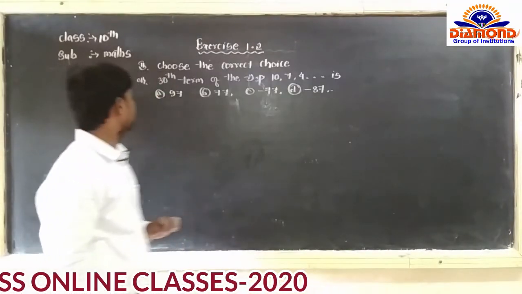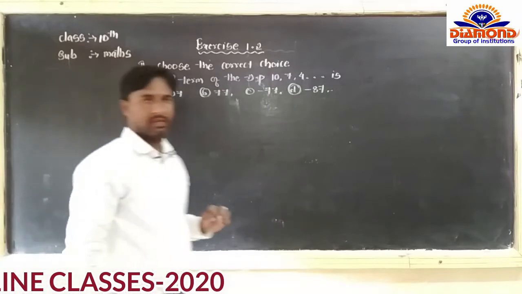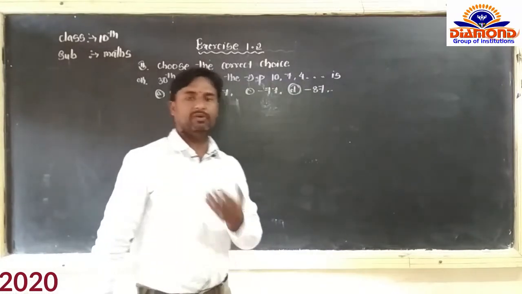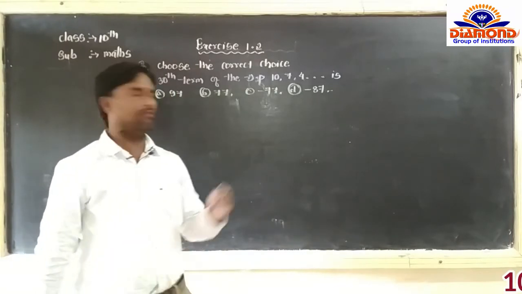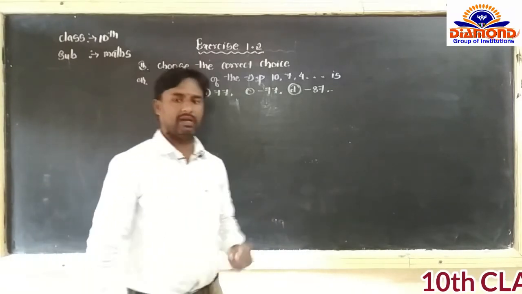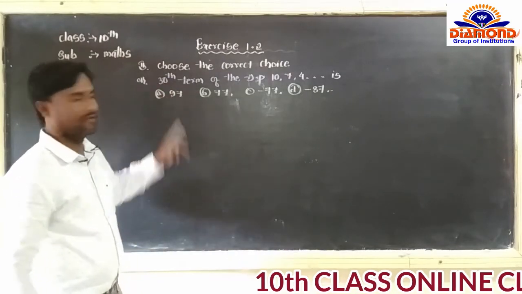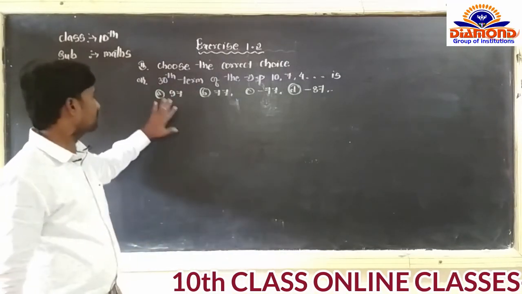Yes, dear students. First question we completed. In the first bit, I gave 5 questions. I explained 3 questions, dear students. Now the remaining 2 questions are given for homework. Now come to the second question. In the second question there are 2 questions. So what is the first one?